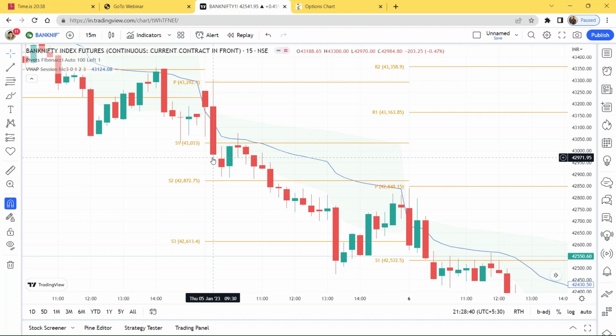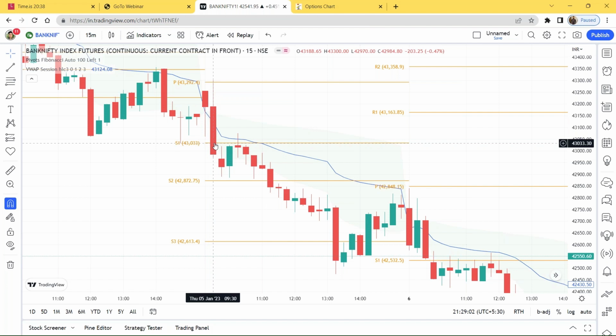200 points or the candle range, whichever is low. Suppose the candle range is 350 points. So 350 or 200 points, whichever is low, 200 points. Now suppose the candle range is only 70 points. So 70 points or 200 points, whichever is low. So here the low is 70 points. As simple as that. Talking about target,